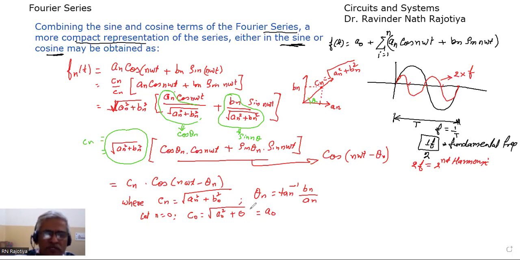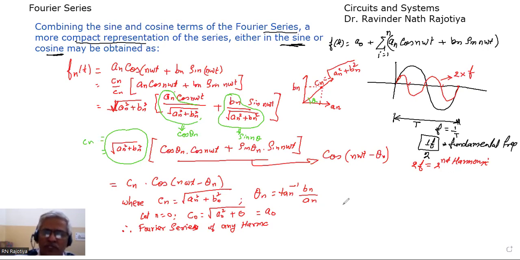So therefore, the Fourier series of any harmonic, whether it is the second harmonic, the third harmonic, the nth harmonic, for whichever harmonic you talk of,